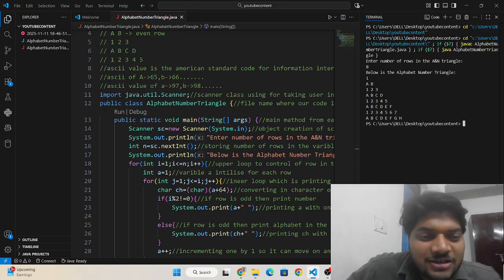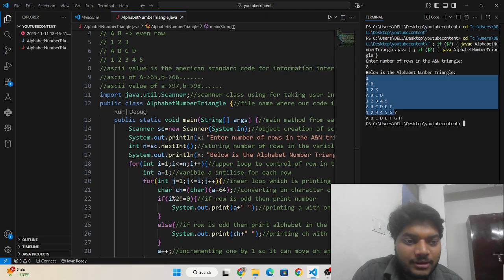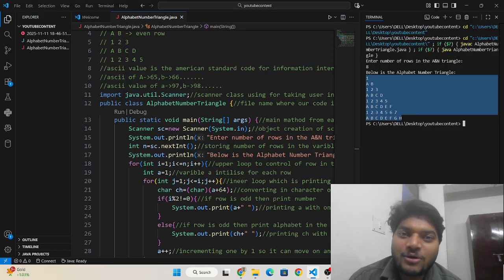So you can see here, the row which is odd, in that number has been printed, and in even row alphabet has been printed.